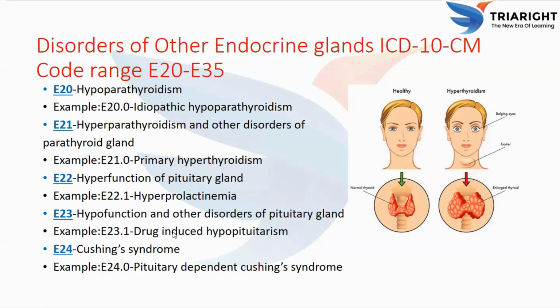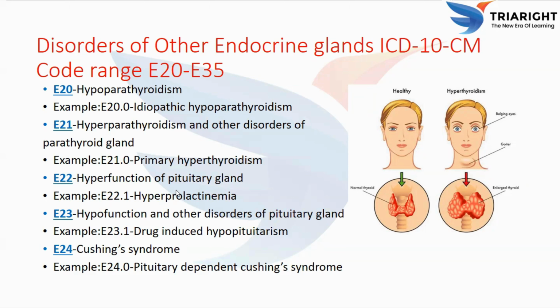It often causes irregular menstruation or infertility. You can experience infertility problems and also delayed or missed periods due to hyperfunction of the pituitary gland. Whenever hyperprolactinemia is diagnosed, just assign this E22.1 code